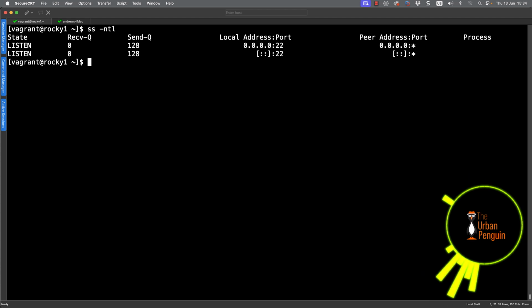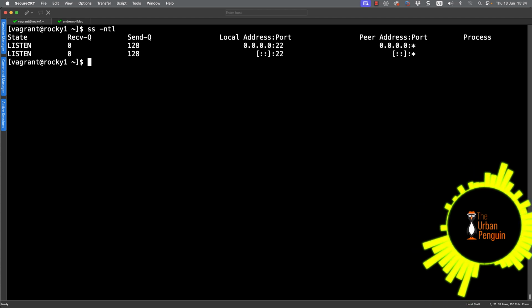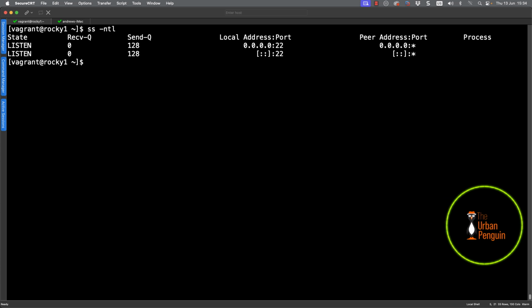Rather than run from the command line, it might be easier to create your own SSH config for this. So I'm going to go through and look at editing my .ssh directory. I'm working in my home directory. In my home directory, I've got a .ssh subdirectory, and we can then go through and create the file config.